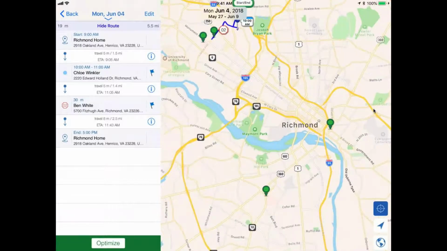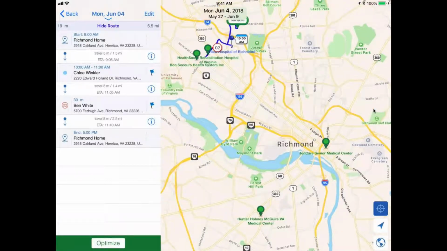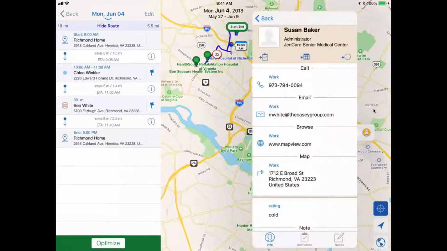So let me just add a little bit more to my day. Let me go ahead and make an appointment as well. Let me add another appointment since we didn't really show you what that screen looked like. So I'm just tapping on one of my other contacts that I want to visit today and opening up the contact record. As Calvin mentioned, to make an appointment, I would tap the calendar icon.